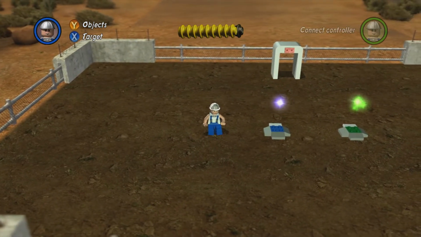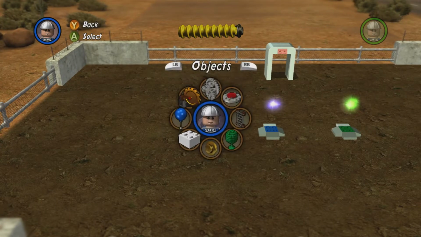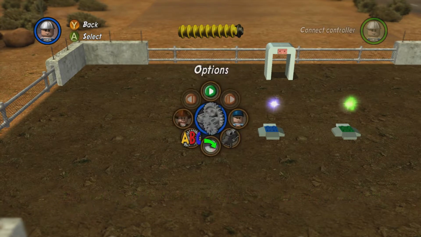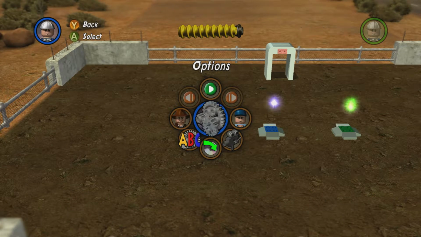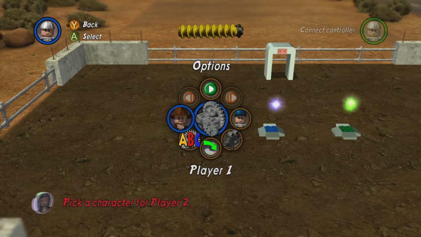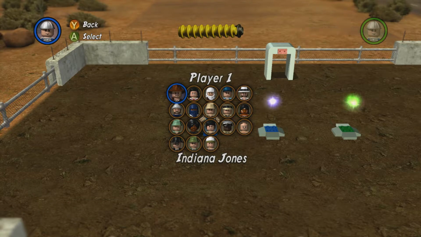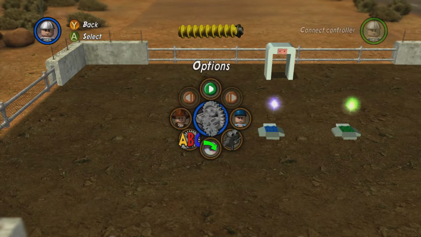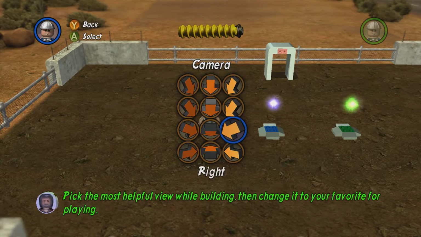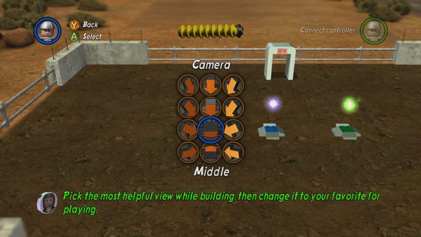So from there, we have a bunch of different categories, and I'll explain all these categories. We're going to start with the options, and basically this is where you can choose to either save the level, rename the level, select which characters they are for players 1 and 2, the camera angle, pick the most helpful view while building. So you can do, right now I think we're middle, yeah, this is what we're in right now,